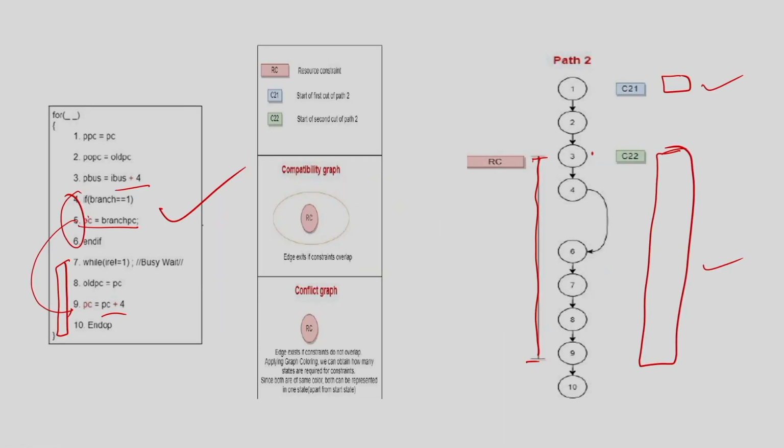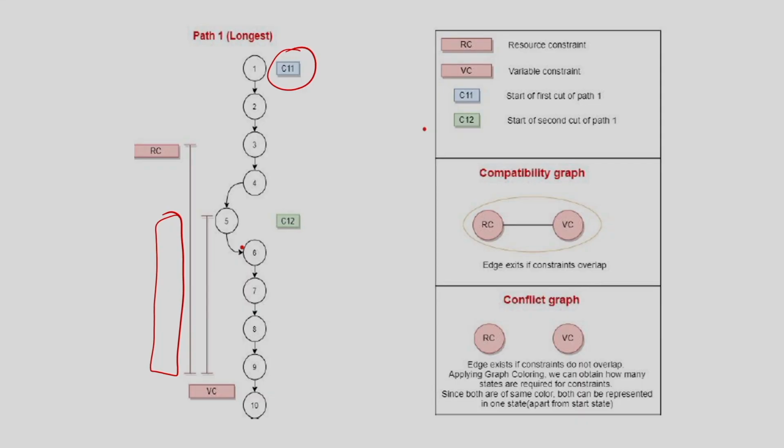Okay. So, I have 3 paths. For each path I identify the minimum number of cuts that satisfy all the constraints, and once I identify that, the information is ready with me. What next? So, obviously these 3 paths are not independent, right. You can understand that in this behavior these paths are actually overlapping, a significant portion of the paths are overlapping. So, I cannot say that I will create 2 states for path 1, 2 states for path 2 and 1 state for path 3, and I will have 5 states in my combined graph. This is not true, right.